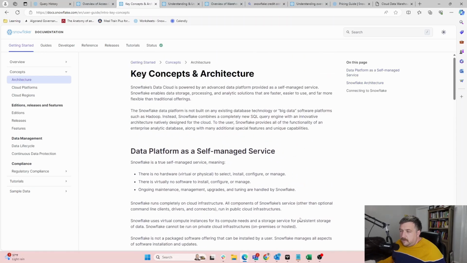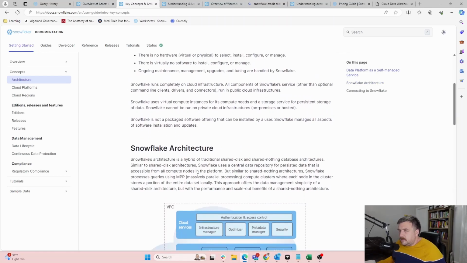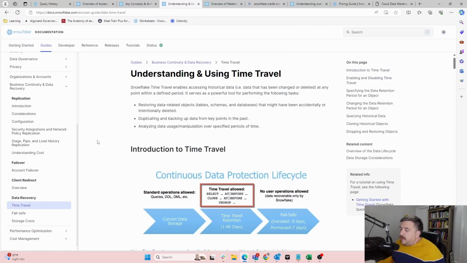If you want to continue, I'll leave all these links in my video description so you can go and read them. Time travel. This is a really cool feature too. What it allows you to do is store copies of your database up to 90 days in the past. If you have an organization that's really into backups and, oh no, we made a change and we have to roll an entire system back, the data exists for you here for however many days back, again, based on your accounts.